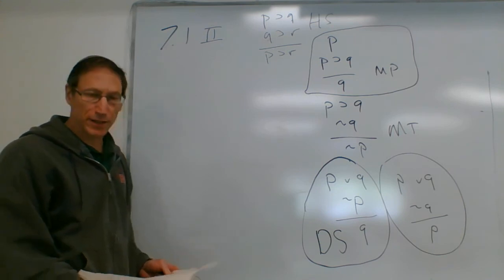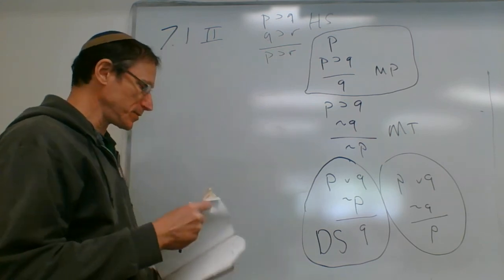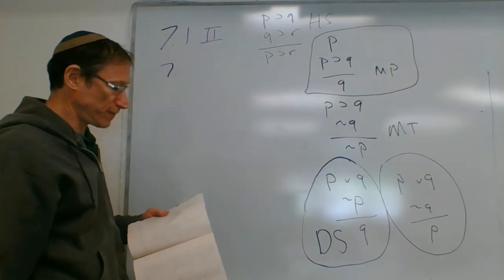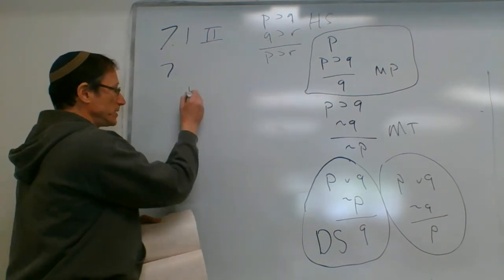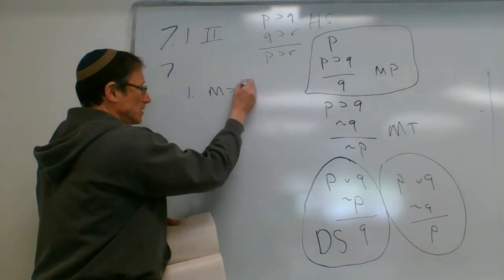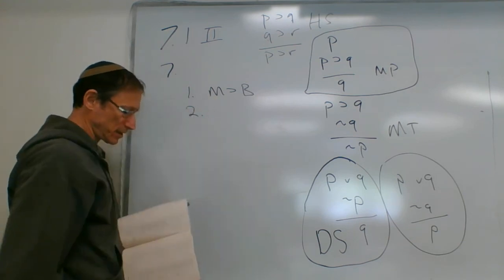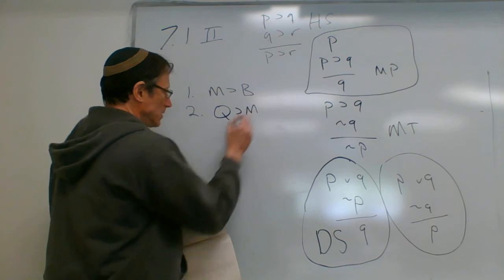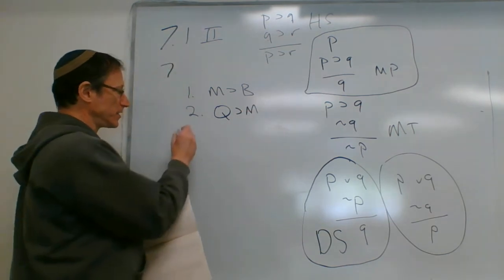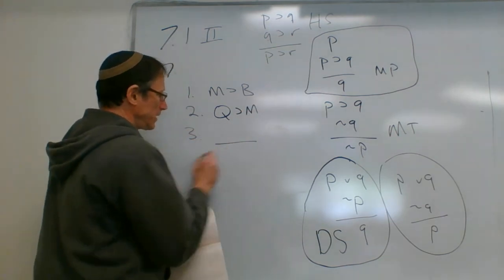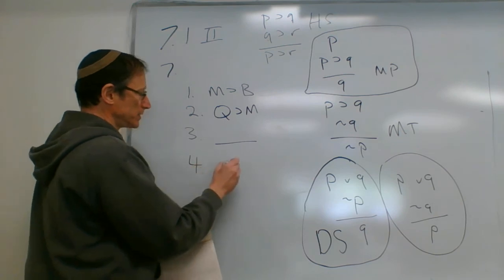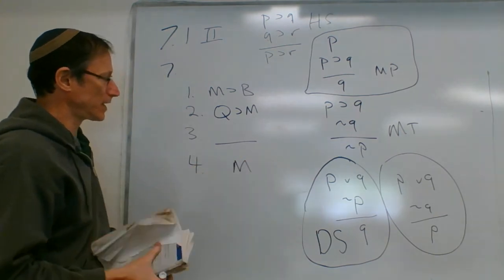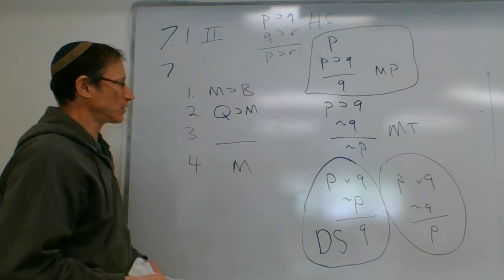Well, let's look at number 7. Okay, I'm looking at number 7. This is the following. I have M horseshoe B. I then have Q horseshoe M. And I also have, here's my blank. And then what I'm looking for, I'm trying to get M. Okay, how can I get M out of